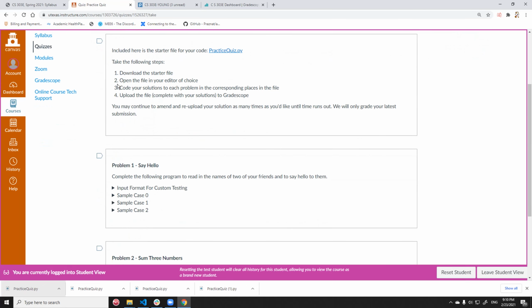All right, great. And then we can see the next step is to open the file in your editor of choice, which for most of you will probably be IDLE. In my case, I'm just going to be using Visual Studio Code. Whatever editor you choose doesn't really matter. And then we're going to be coding up our solution to each problem in the corresponding places in the file, and we're going to be uploading this file, the file being practicequiz.py that you can see at the bottom left,